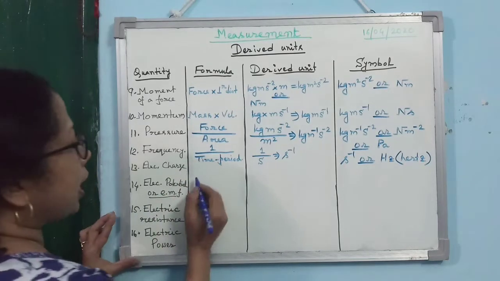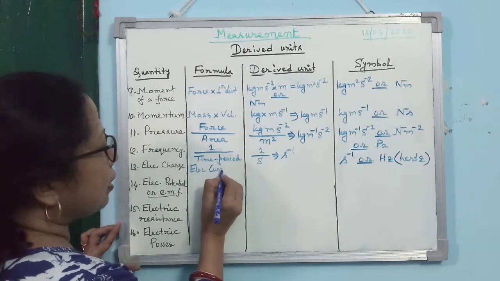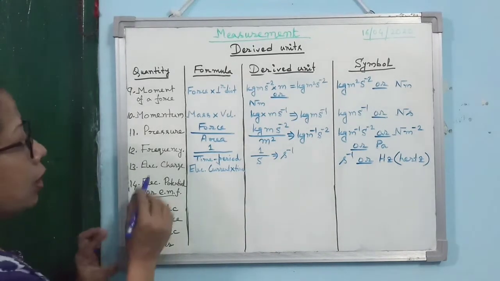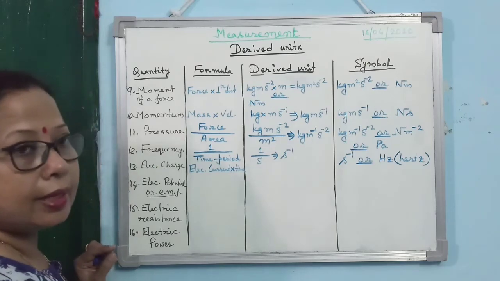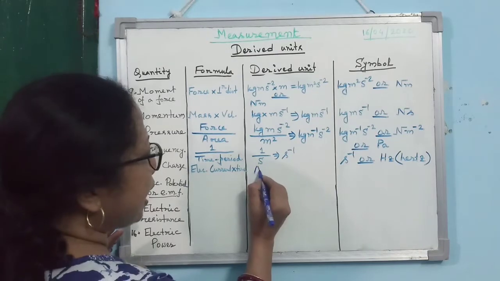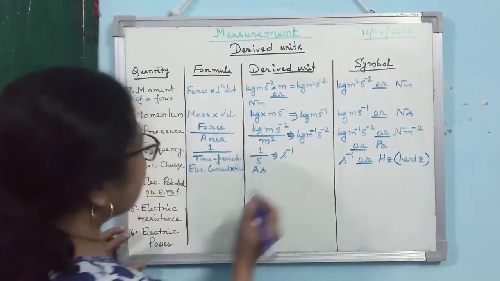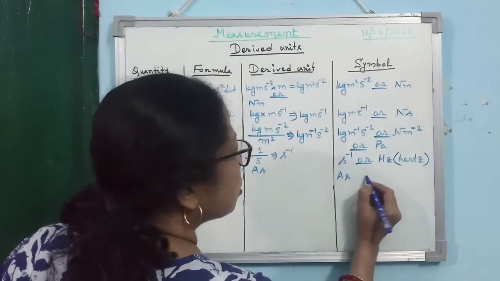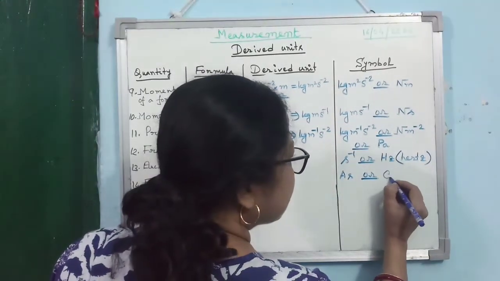Alright, electric charge, we define it as electric current multiplied by time. Because electric charge is not a fundamental unit. I hope you can remember, electric current is one of the basic fundamental units. So electric current SI unit is ampere, so we write it as capital A, and time is second. So electric charge, you can write it as ampere second, and it is also named coulomb. So you can write it as capital C.